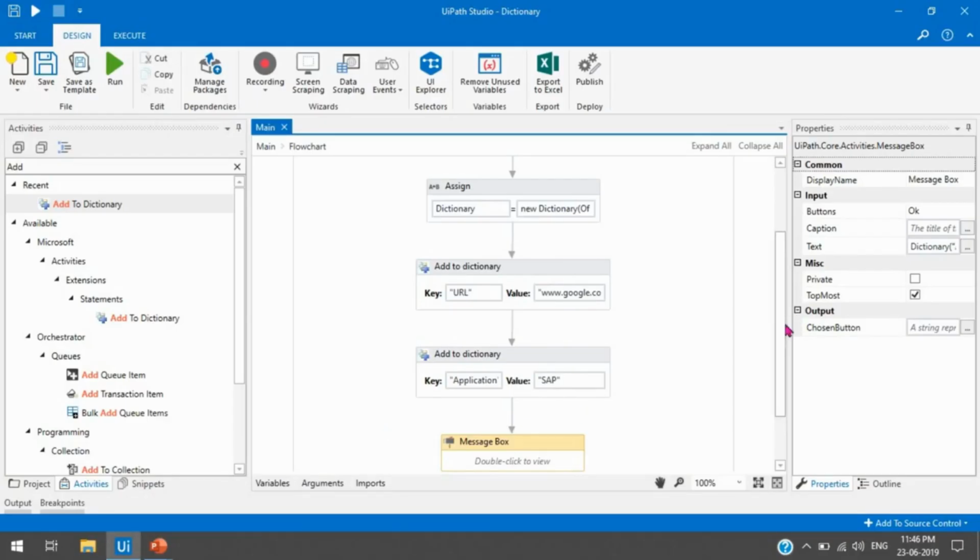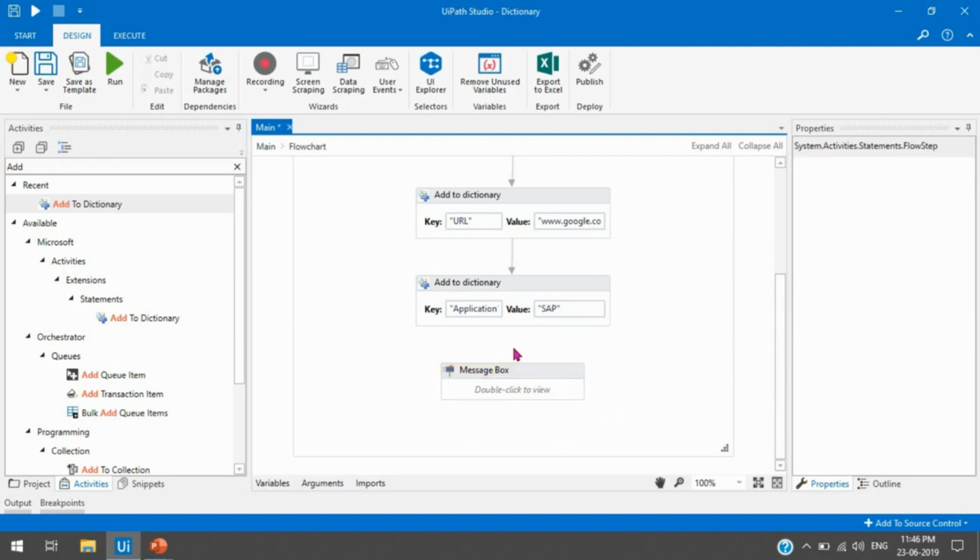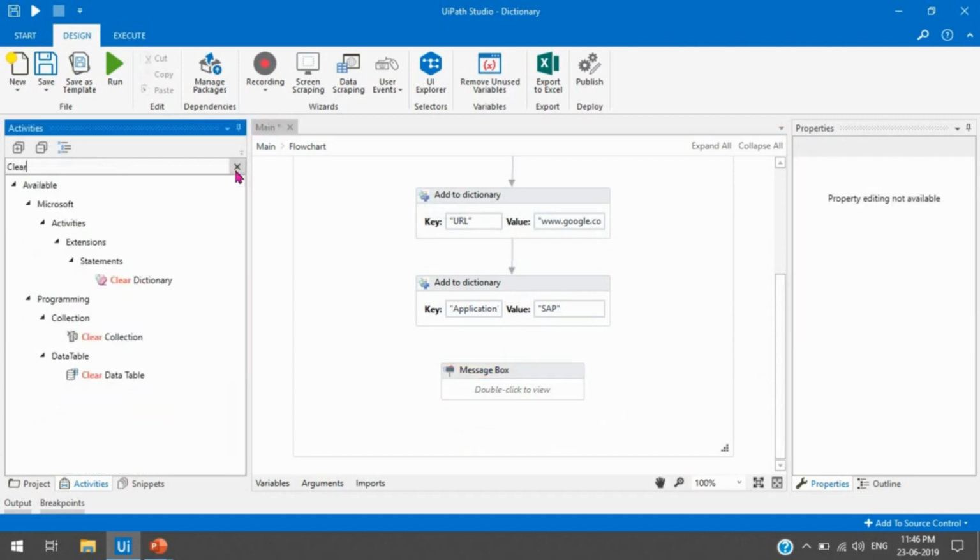Let's suppose we have created this dictionary and we have added this key value to that dictionary. Now we have to clear the dictionary. It means we have to delete all these records from the dictionary. Then let me take the Clear Dictionary activity.